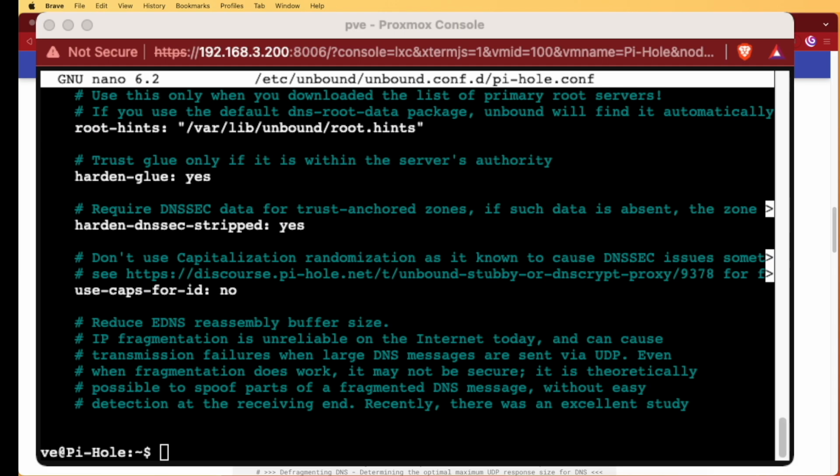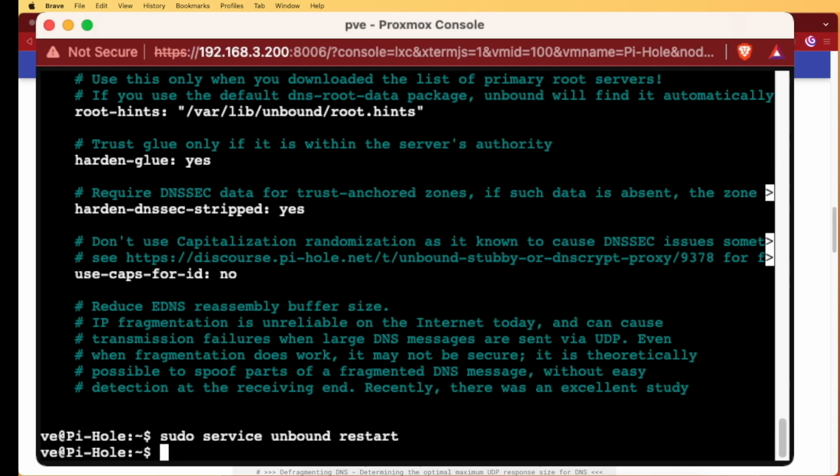So now what we need to do is restart Unbound, because if you remember right, when we installed it, it failed to start and run. So in order to actually begin using it, we need to restart it. And now that it has its configuration file, it's going to start up and run just fine. So we'll paste in the command provided to us from the documentation, which restarts Unbound. Now with Unbound up and running,